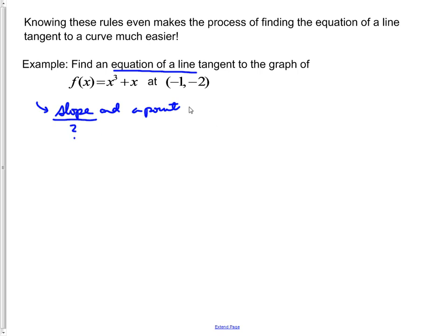And once we find those things, we're going to substitute into our point-slope formula. You recall that was y minus the given y value, y1, equals the slope times x minus the given x value, this x1 in this case. And so our real job right here is to find that slope. And what that means is that our slope,